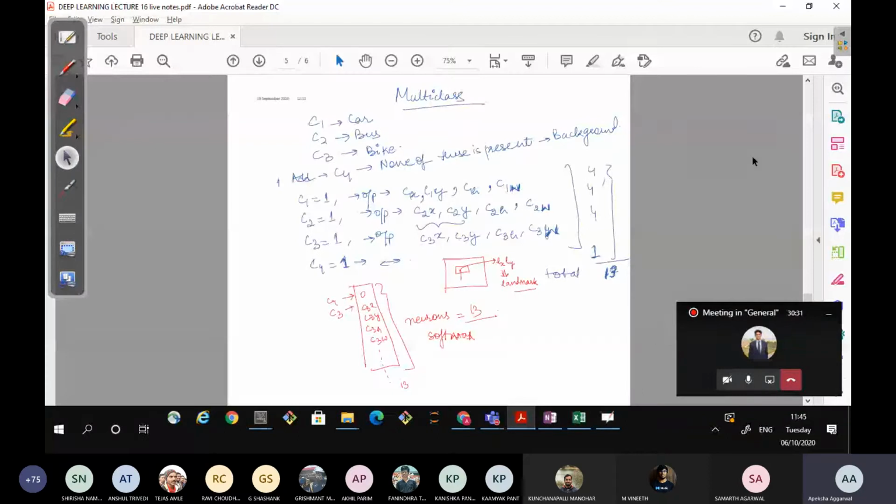So what we have discussed in the last class is multi-class classification. We had discussed how to identify the landmarks in the images and how to identify the bounding box around the image. So to identify a bounding box, what do we require? We require the midpoint of that object and we require the height and width of that object. Right?